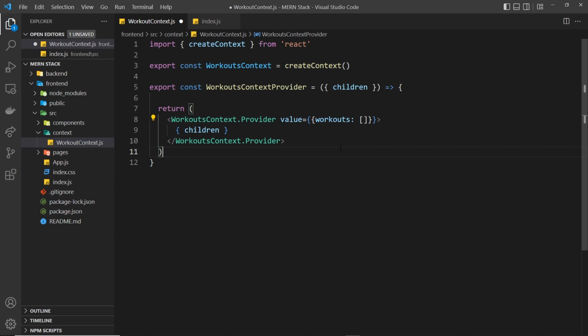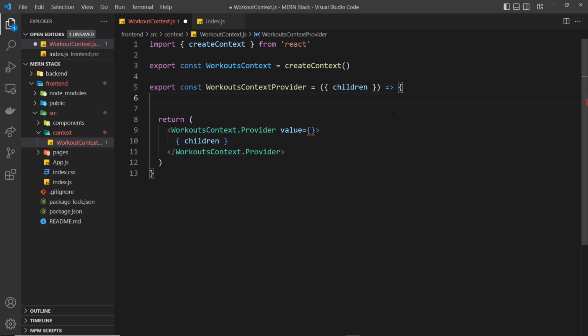But first, it's not really practical hard coding the values that we want to provide to our application directly here, because the value of this will ultimately change over time as new workouts are added or deleted, etc. So instead, this should be a dynamic state value. So we could create some state in this custom component using the useState hook, and then we could pass that state value into here instead. And over time, we can update that state value with various functions to add or remove workouts from it. So that's definitely an option, but instead of useState, we're going to use a different hook built into React called